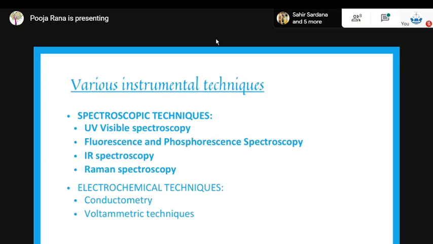This spectroscopy is used in identification of different biomolecules, and the basic principle which underlies this technique is Raman scattering of monochromatic light. All right. Now, next are electrochemical techniques. In these techniques, the first one is conductometry. So, in the presence of electric field,